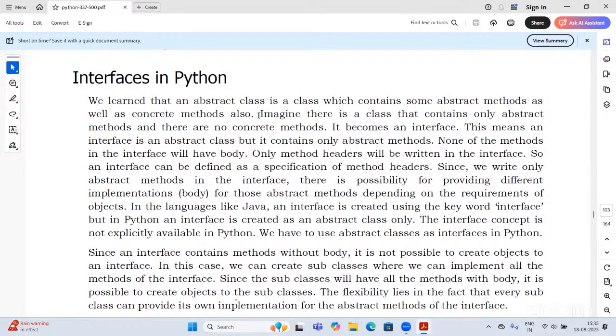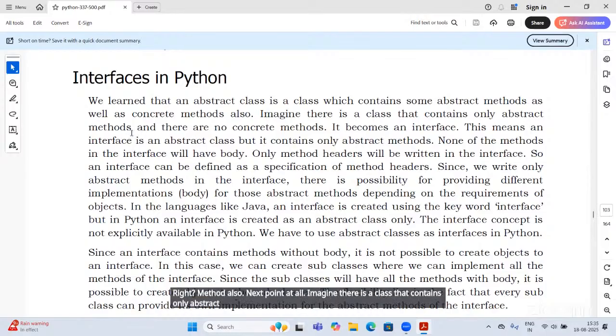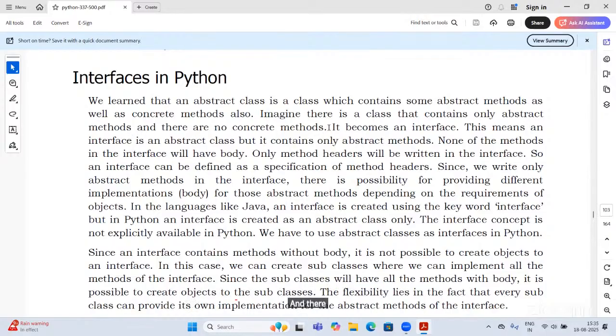Next point: imagine there is a class that contains only abstract methods and there are no concrete methods.